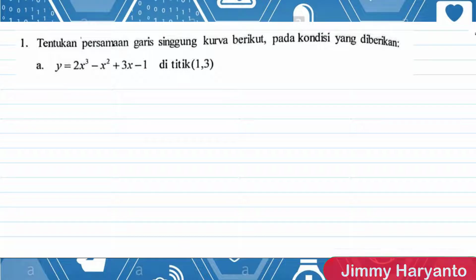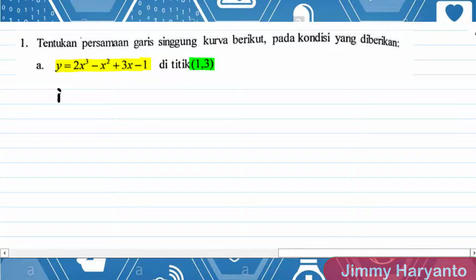Okay guys, this is the solution of your homework. For number one, tentukan persamaan garis singgung berikut ini ya. So you are to find the tangent line of the condition given. First we already have the curve, we already have the function, and we also have the point. So all of the information we need to find the tangent line is already there. We can continue forward to the steps ya.